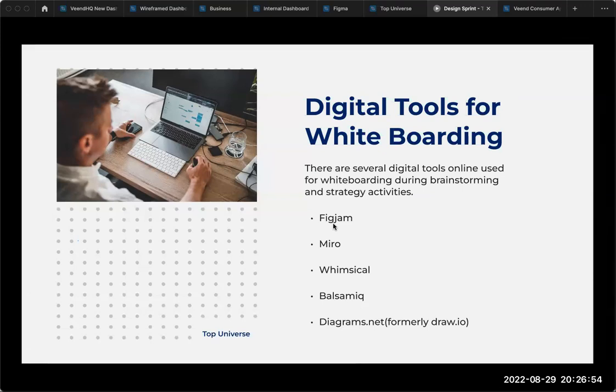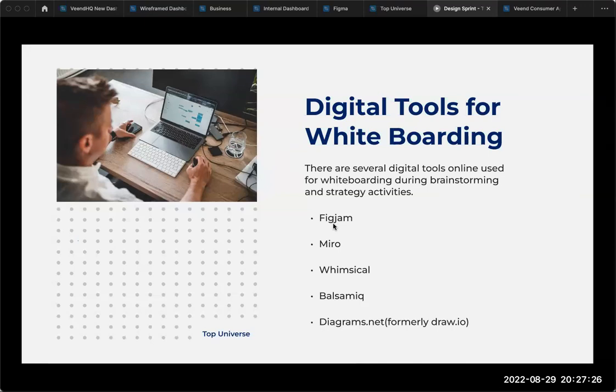Now FigJam is, as you can hear from the name, an addition to Figma. So it's a whiteboarding tool in Figma. Figma is for drawing high fidelity, for doing those pretty stuffs. But FigJam is used for collaboration. FigJam is used for whiteboarding. So that was why they said, okay, they needed to make a complete software. I don't know if their software is complete or they're thinking about something else, but I'm just saying this from my own perspective.